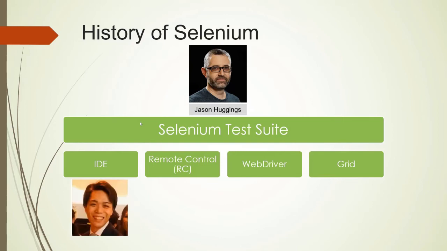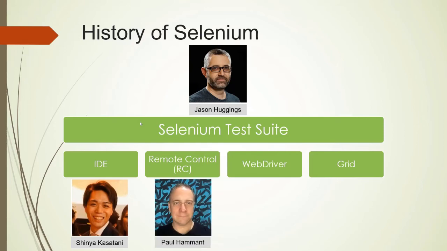Shinya Kasatani of Japan created Selenium IDE, a Firefox extension that can automate the browser through a record and playback feature. He came up with this idea to further increase the speed in creating test cases. He donated Selenium IDE to the Selenium project in 2006. Another ThoughtWorks engineer, Paul Hammant, decided to create a server that will act as an HTTP proxy to trick the browser into believing that Selenium Core and the web application being tested came from the same domain. This system became known as Selenium Remote Control or Selenium 1.